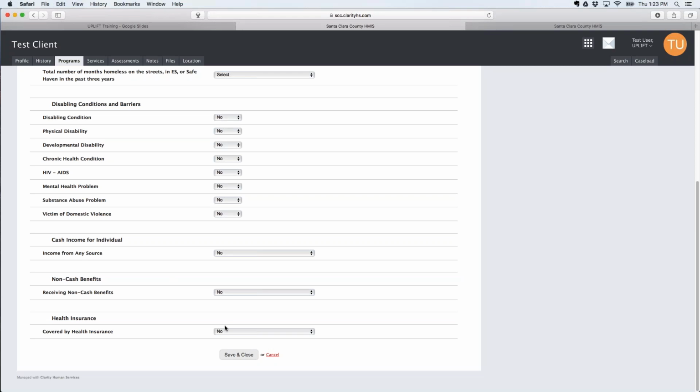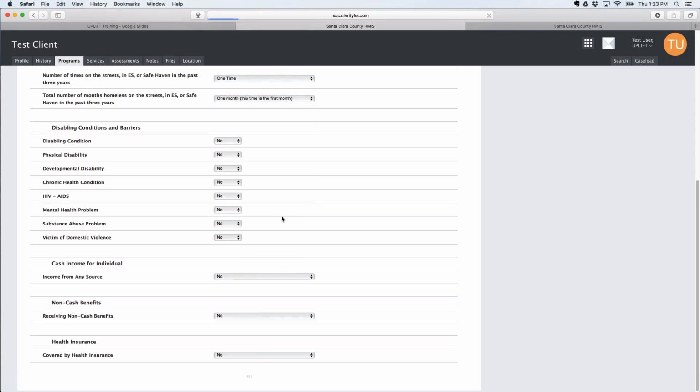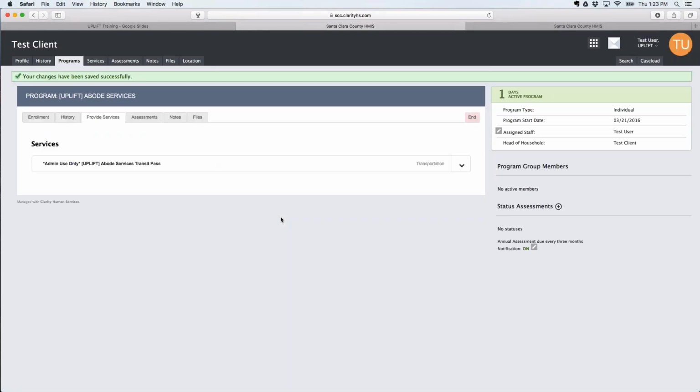And once you're done filling out the questions, you're going to go ahead and hit save and close. Once you've completed that, that is the equivalent of referring the client to UPLIFT. So the UPLIFT administrator is going to be able to run a report in HMIS to tell who has requested a